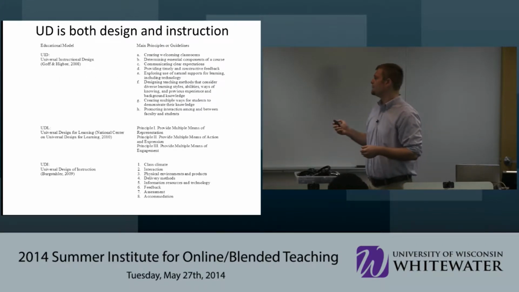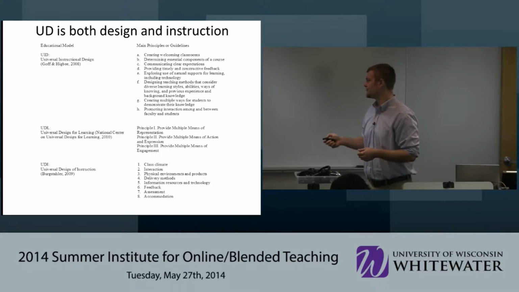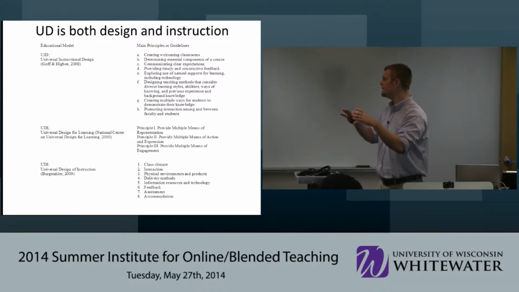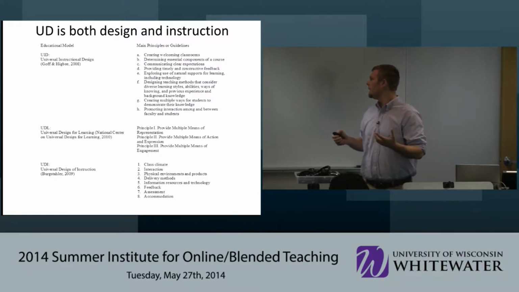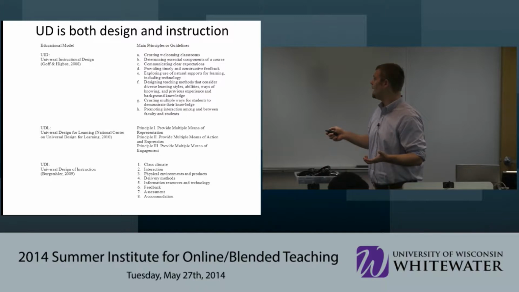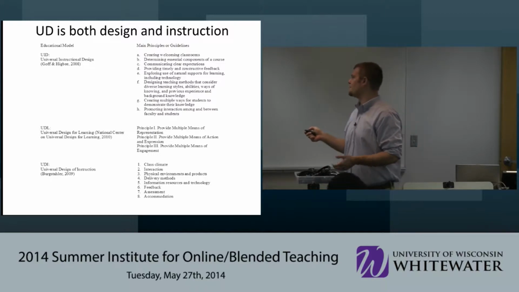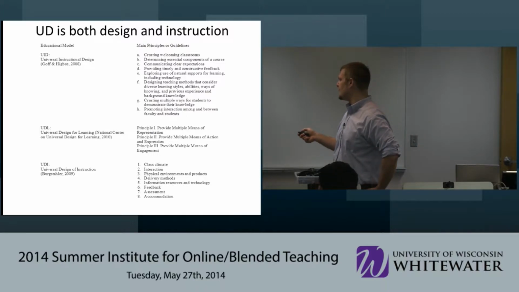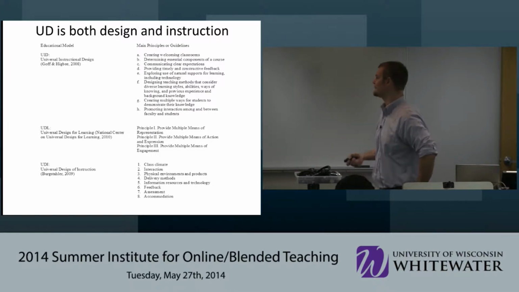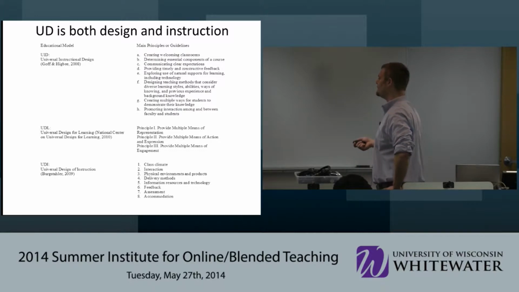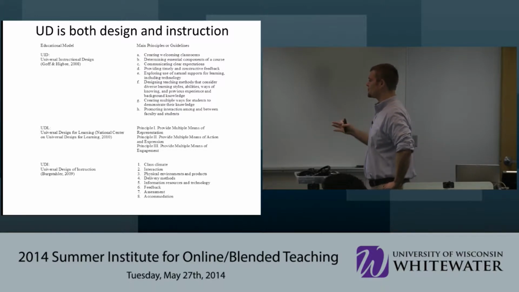Here is the breakdown of universal instructional design, universal design for learning, and universal design of instruction. So there are these three different but similar concepts, and I really don't know why Scott included this, but here is an example of all of the different principles and guidelines. I like the middle one here because it's three principles, and it's easier to remember three things than A through H. There's so much crossover between the three concepts.